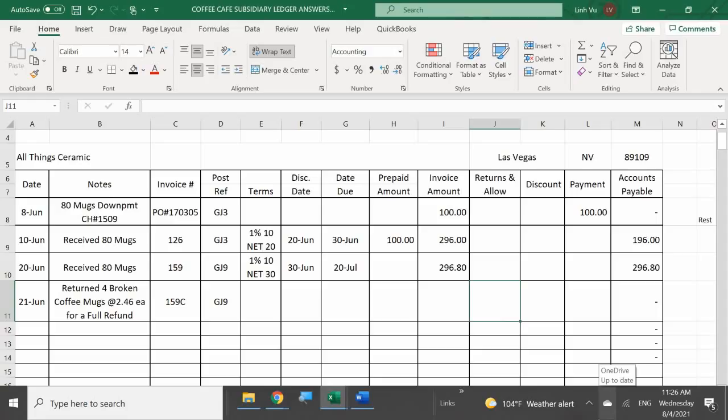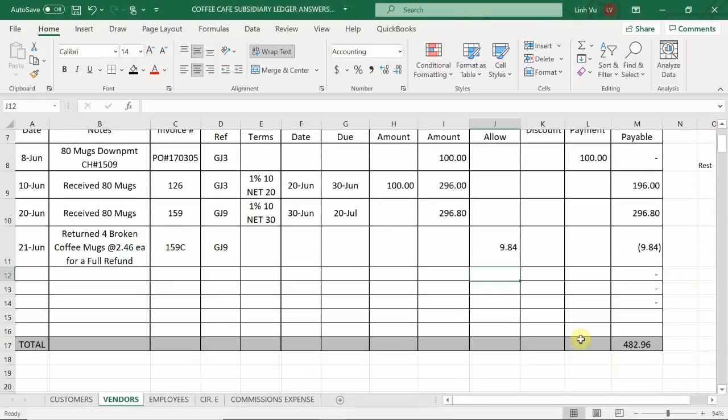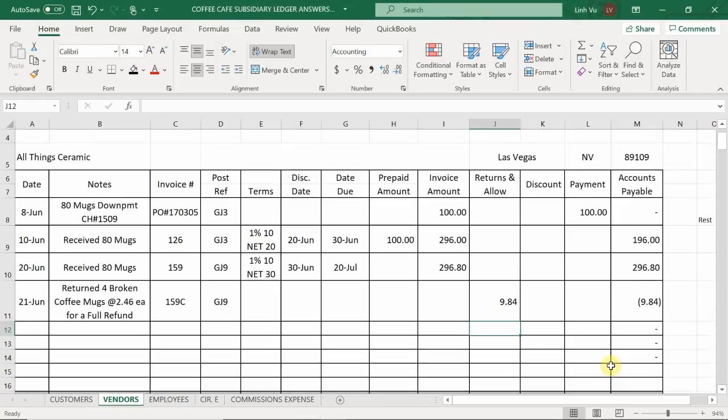So we are returning $9.84, which, if you drag that formula down, should give you a negative $9.84, which retallies your total here of the grand amount that you owe. Okay? Now, here,